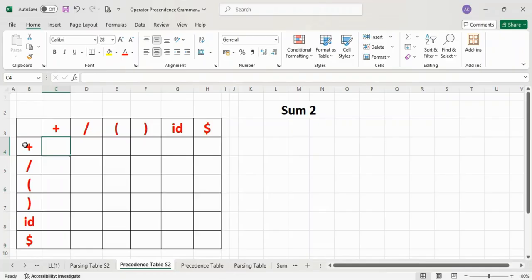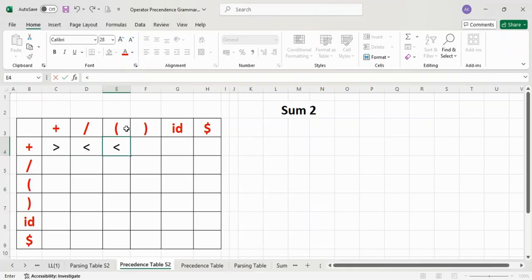Let us start. The plus is compared with plus. Now when I'm comparing two signs of same priority, then I check the associativity of that operator. Plus and plus being left associative, I will give higher priority to the operator which is there on the left hand side. When I compare plus with divide, plus has less priority. Now, just to revise once more, whenever we compare any operator with an opening bracket, the sign will be the less than sign. I had taken this in my previous video.